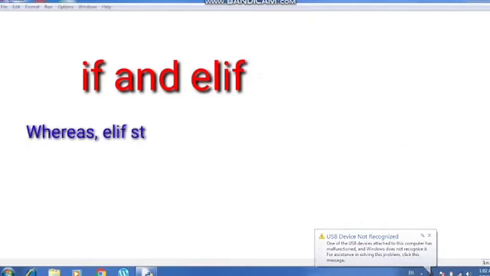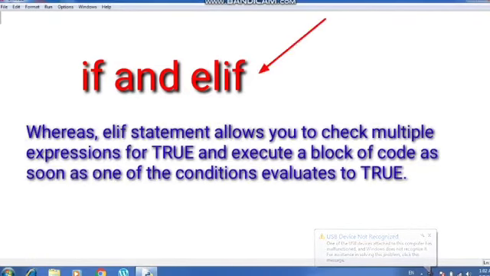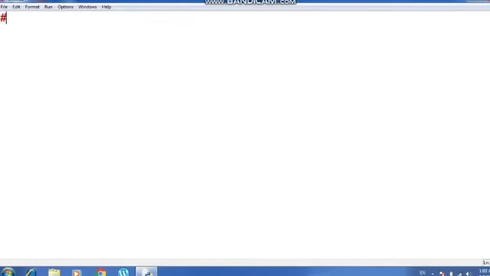Now I'm going to show you how we should write a program when more than one condition occurs, wherein I am going to define a simple calculator. I will show you how to design a simple calculator where we take two numbers from the user and ask for the basic arithmetic operator, what kind of calculation they want to do, and then I apply it. So let us start with the program.